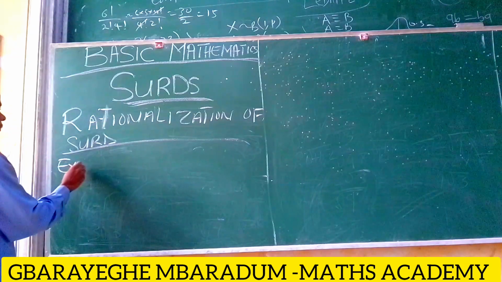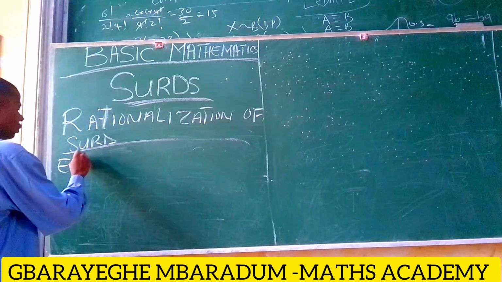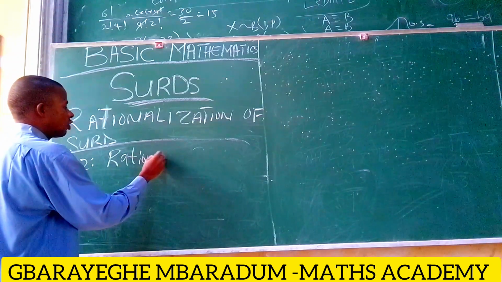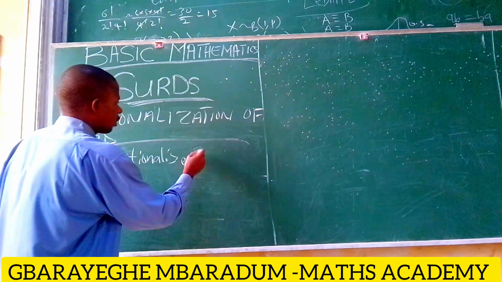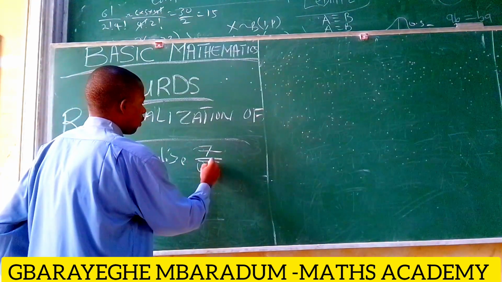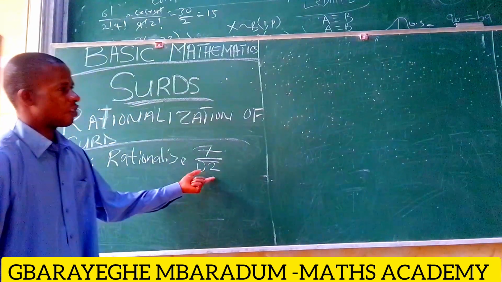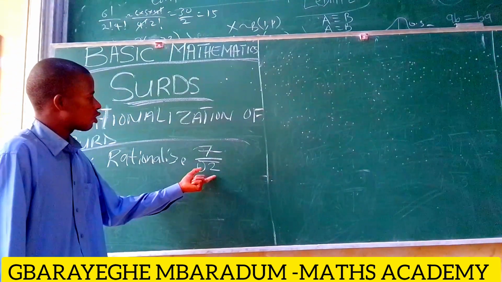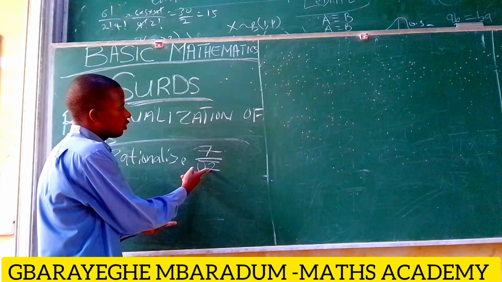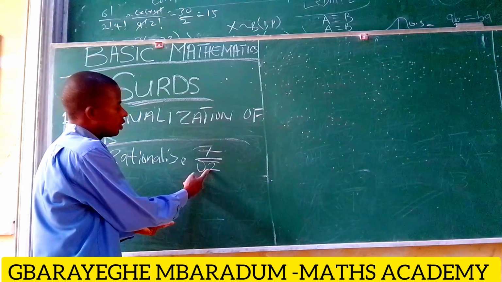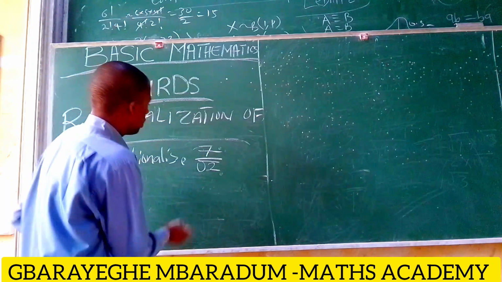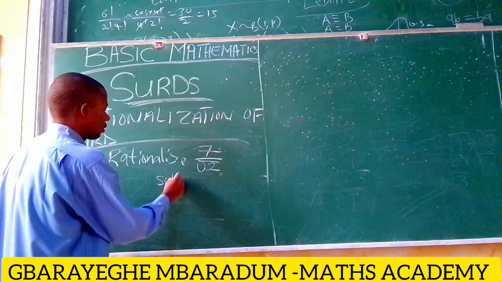Example 2. They say we should rationalize the surd 7 all over the square root of 2. For us to rationalize this kind of surd, you need to understand that it is the same method we used before: we multiply the top and also the bottom. So this implies that the solution is